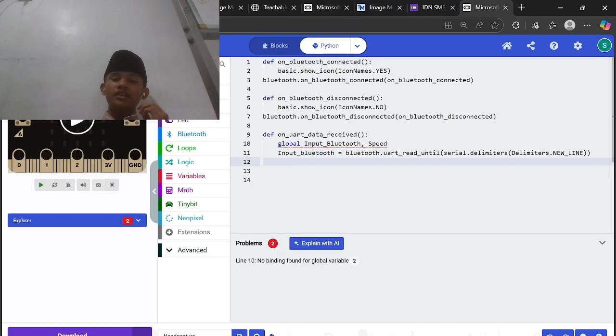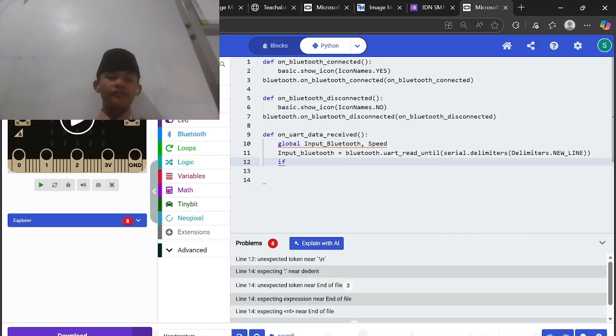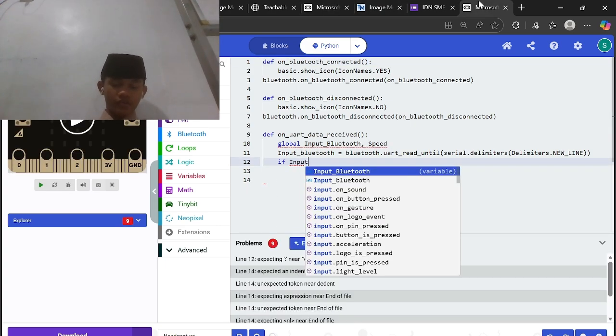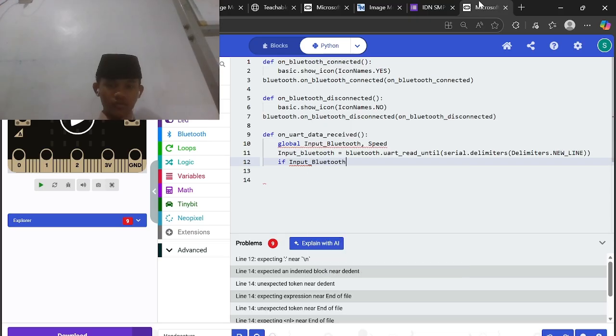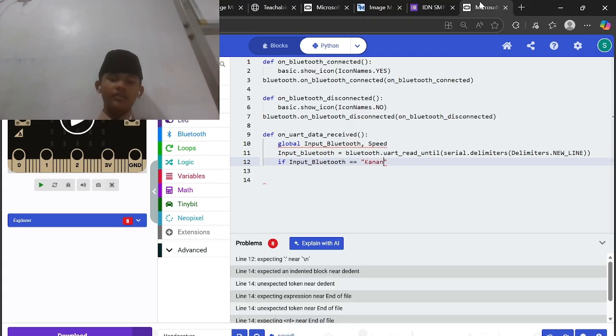After that, we make a condition, an order to move the Tinybit. First is if input Bluetooth, for example kanan, or right, spin right.